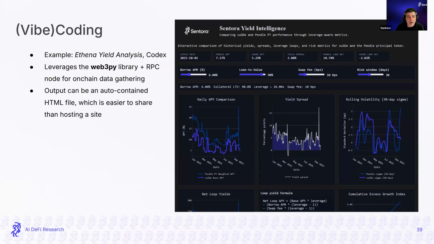And here I wanted to share an example of a dashboard that was mostly vibe coded, where we were just running an example of different Ethena yields between the PT tokens and the underlying sUSDe yield. In this case, it was able to leverage this famous library Web3.py, which is mostly used for data science when interacting with on-chain data.